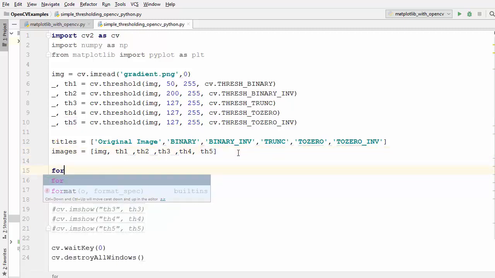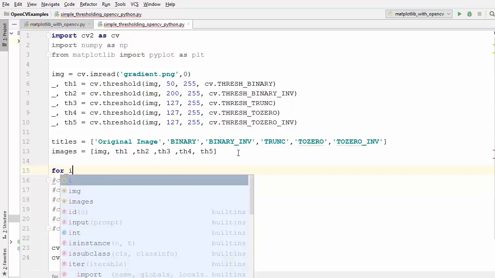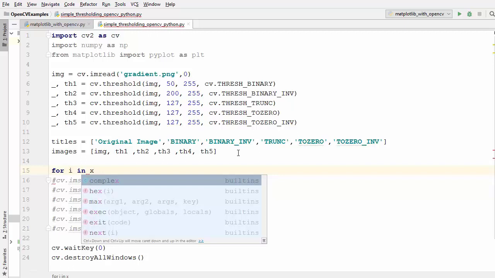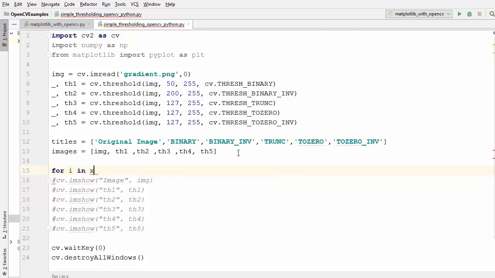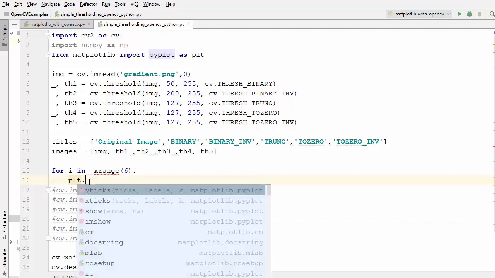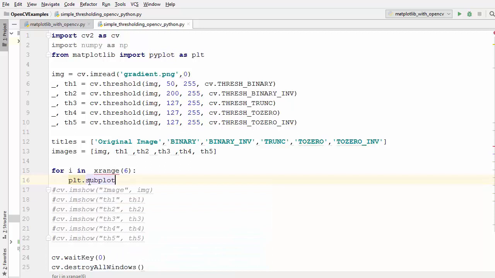And now we are going to use the for loop. So for i in xrange, using the Python xrange, we are going to just iterate over these 6 values. So I'm going to just write xrange, and then the range we are going to provide here is 6. And then inside this for loop, we are going to call plt, and we are going to call a method called subplot.